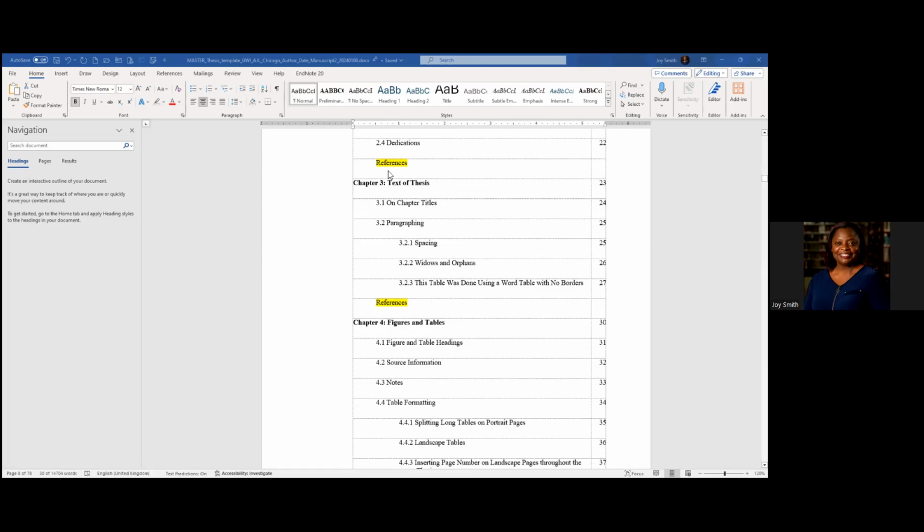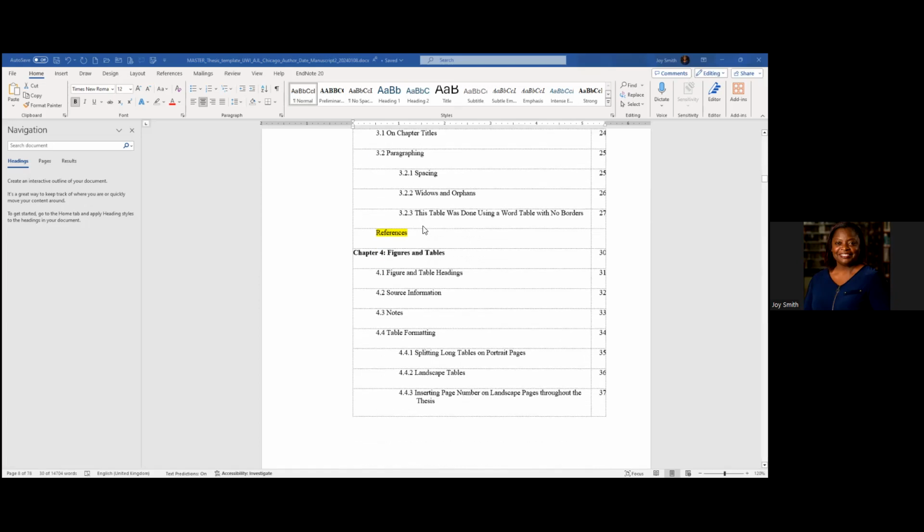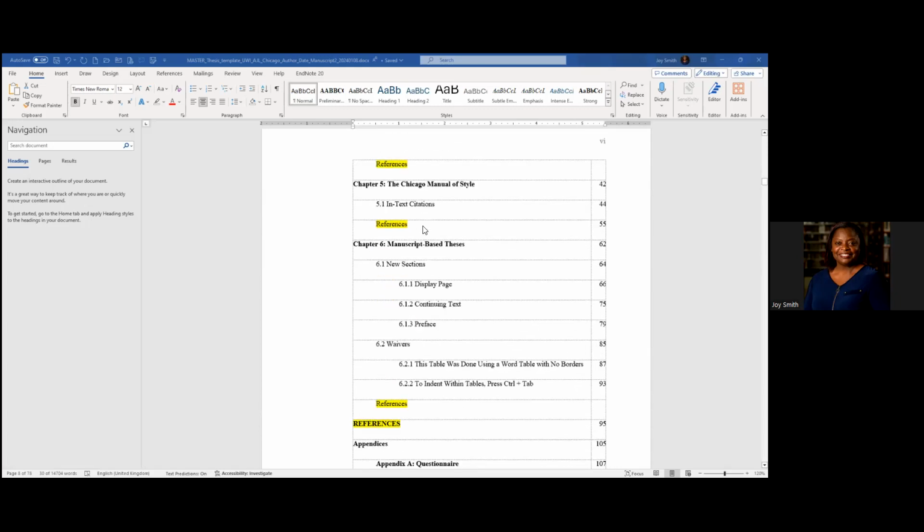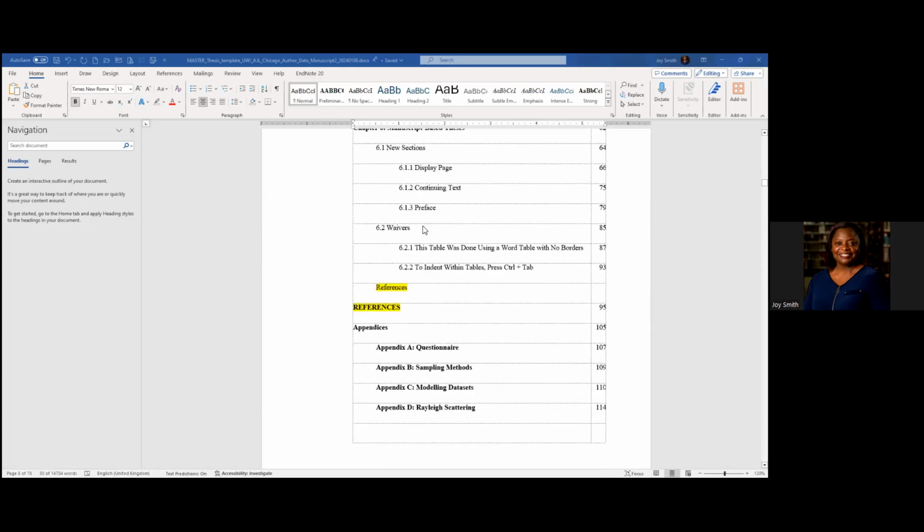Now, when I go to the chapters, I will explain what's going on here. So you put all your headings in, make sure you have references at the end of each chapter. And then for your overall list of references, I will advise that you use all caps because this one is a major one. If you are using a numbered style,